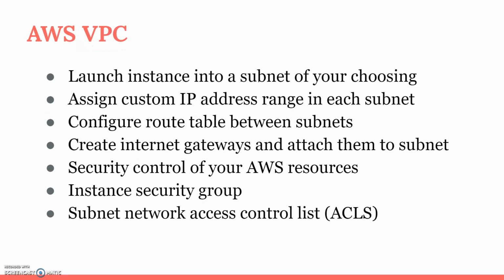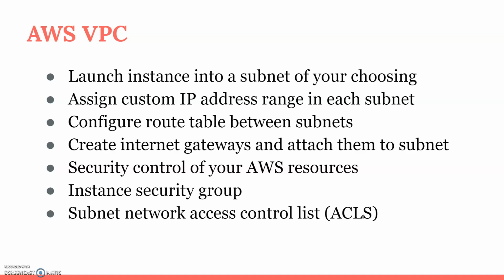So basically, what can VPC do? Using VPC we can launch an instance into a subnet of your choosing. You can create multiple subnets in a VPC, where you can make some subnets private or some subnets public. You can map your subnet to the NAT gateway, where you can make the public traffic go through the NAT gateway or elastic IP.